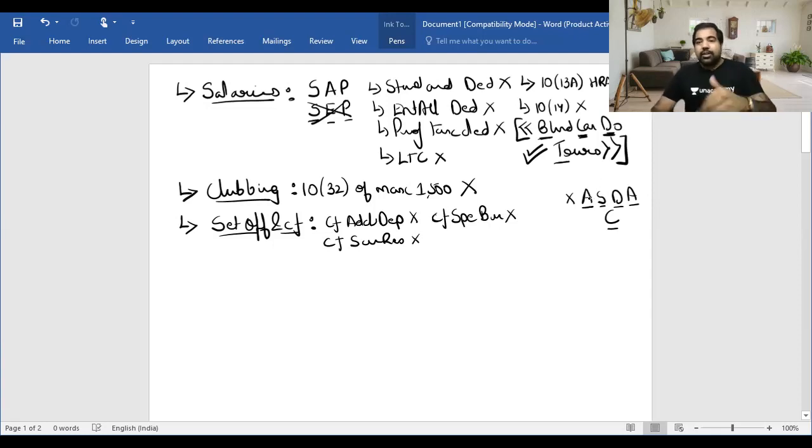In business, these deductions also are not allowed, and in relation to those, the set off is also not allowed. So it's very easy. You don't have to buy hard, guys. Carry forward set off is not allowed for those deductions. If in that year it's not allowed, of course, carry forward will also not be allowed.